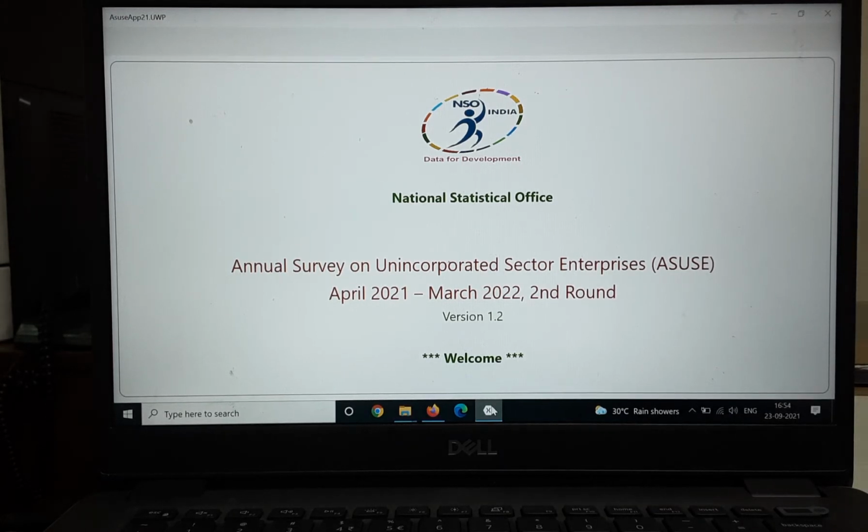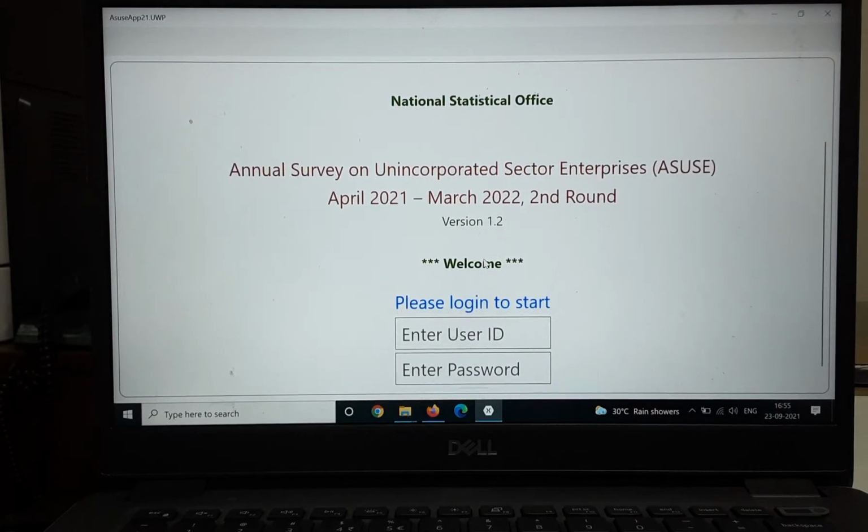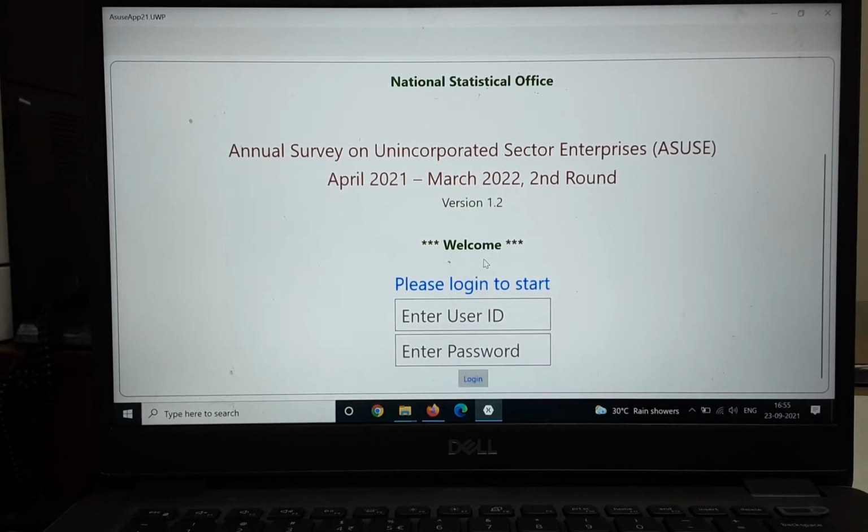modules that are there in eSigma, and in this presentation we will be discussing how to go about data entry using the desktop version of ASUS. Okay, so for this purpose let us log into this package using an enumerator ID, and I have already discussed in my previous presentation that this login ID has to be entered with block letters, meaning capital letters. Okay, so let it be.